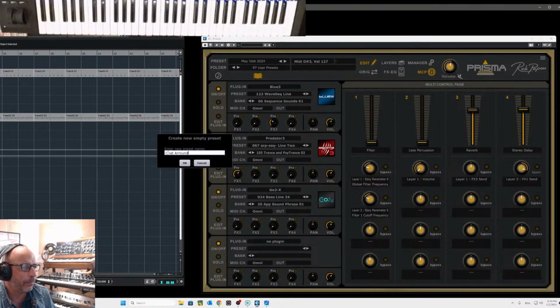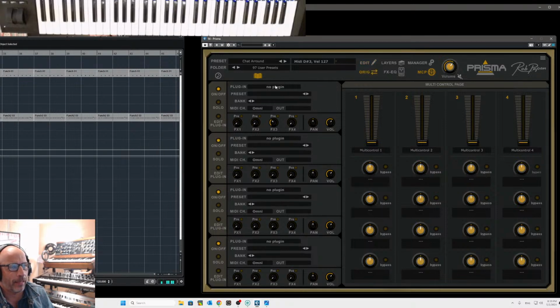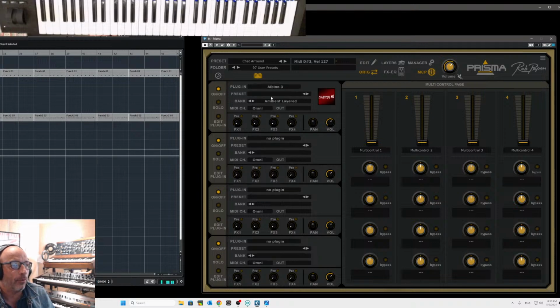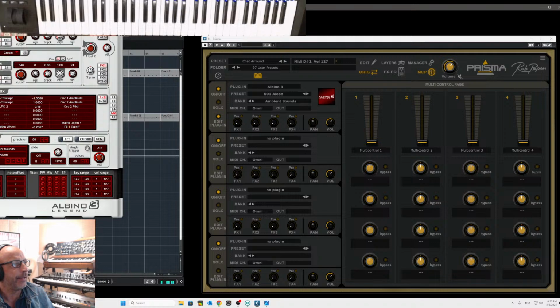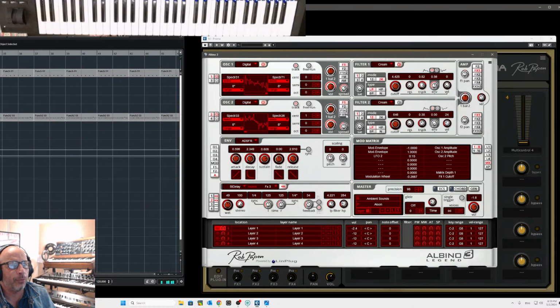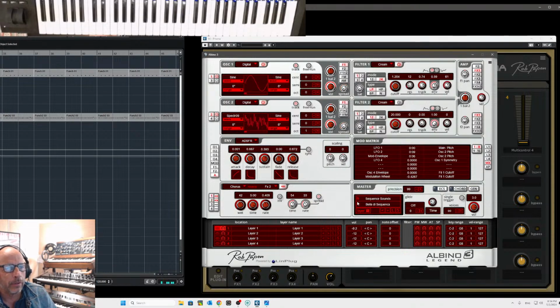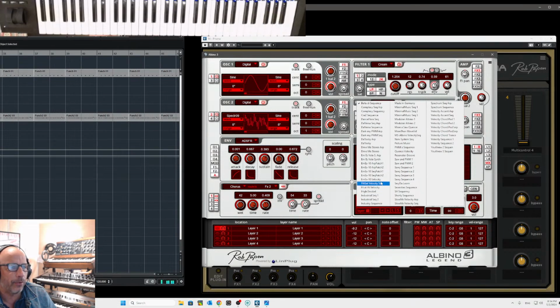I call this one chat around. It loads Albino 3 as mentioned. Let's do something with Albino 3. I open here the user interface. We can pick here a different sound. I would go again for percussion sequence combination. So let's combine something with, let me see what we have here. Sequence sounds. Okay. Here it's the bang, so it's a little bit different from what the other